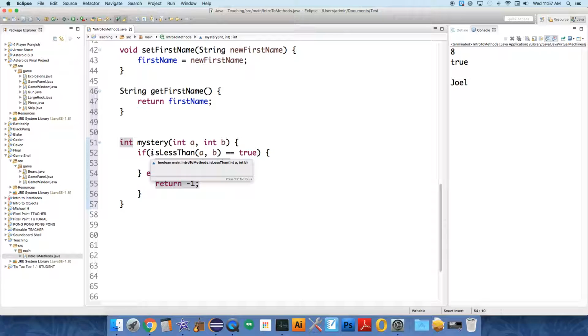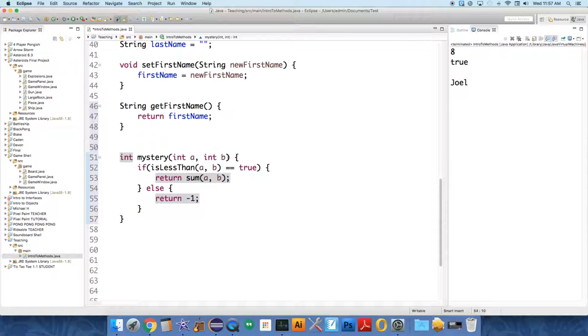You can say if is less than a b, so if a is less than b, return, if that statement is true, if it is true that a is less than b, please return the sum of those numbers, and otherwise return -1, which could potentially be the sum of those numbers. So this method has a little problem,